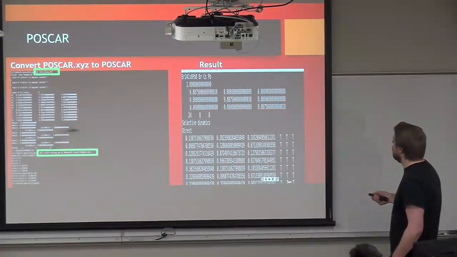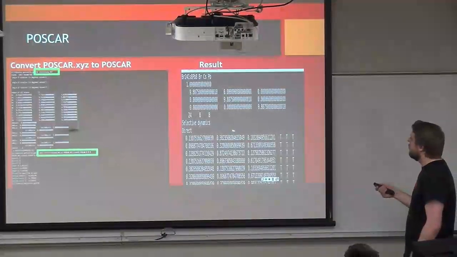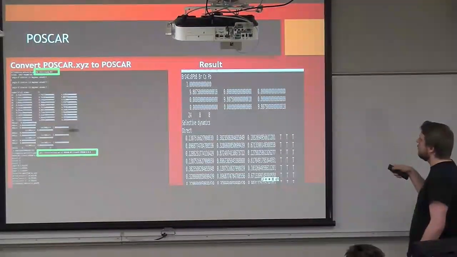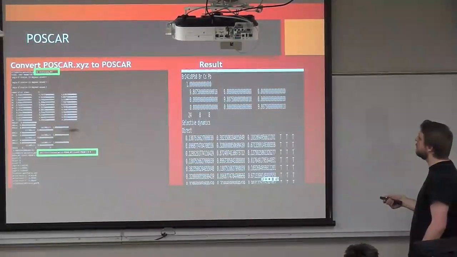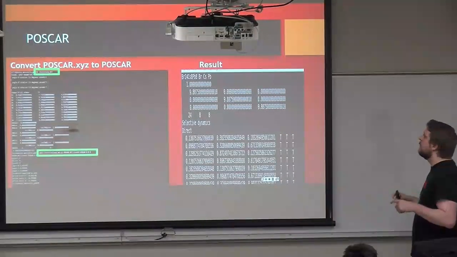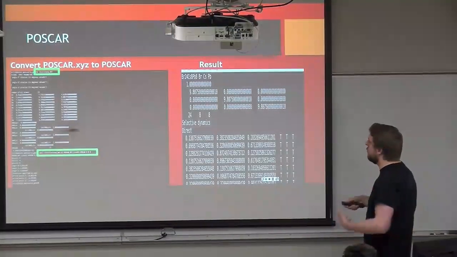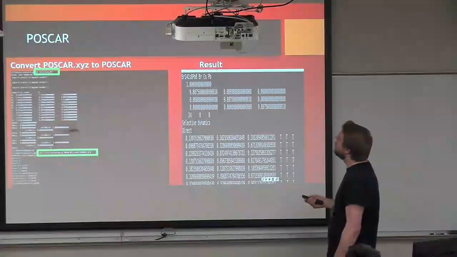And then over here you see all these T's. What that means is when it's running VASP, it'll update the positions of all these atoms with T next to it. If you change it to F, it'll fix those. So if you ever need to target what atoms you want to move, that might be a good way to save a little time if you know everything else is good.